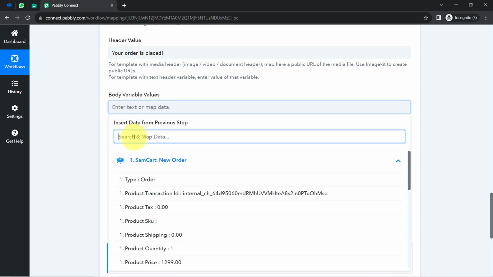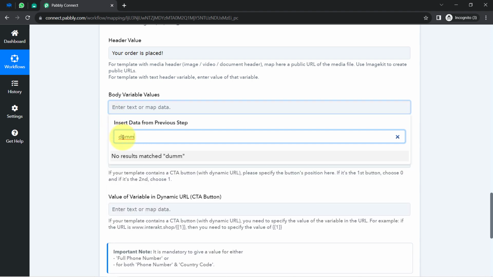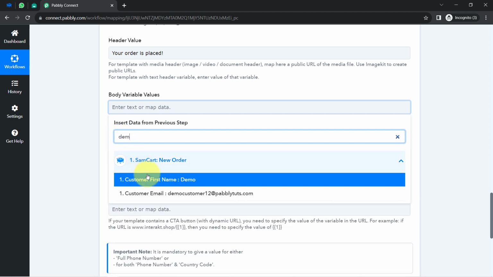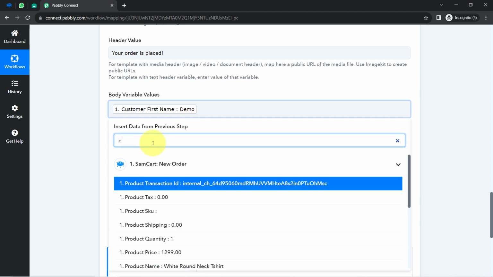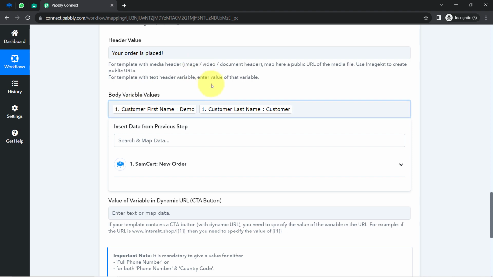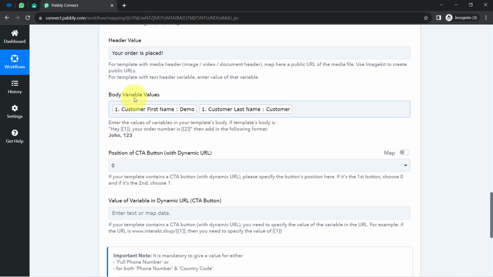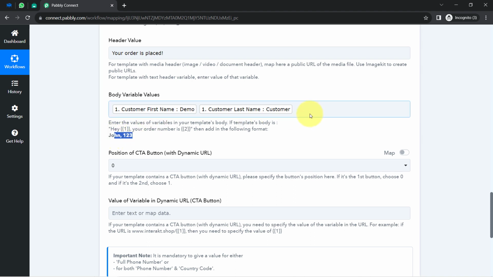Remember we have added the name as dummy customer. So searching for the name of the customer, I think it was not dummy, it was demo customer. So I have added the first name. Now I will give a space and then I am searching for the last name, and this is how I have mapped the full name. So I have provided the value to my first variable, and as per the instruction I will add a